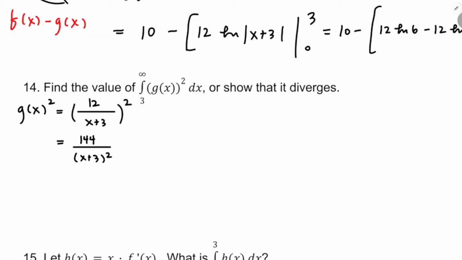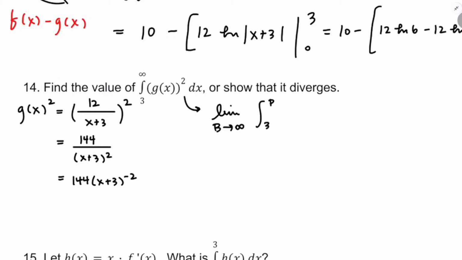For the purposes of anti-differentiation, I might write that as 144 times x plus 3 to the negative 2 power. So now this is equivalent to the limit as the upper bound approaches positive infinity,